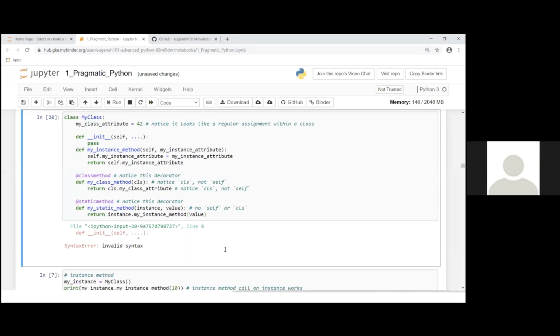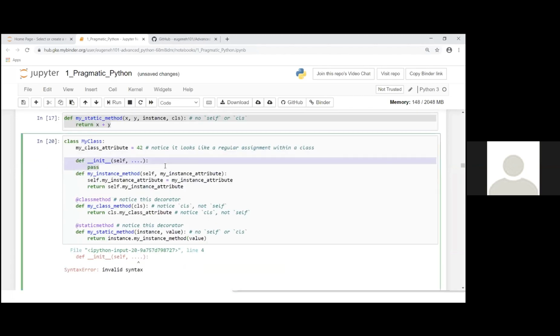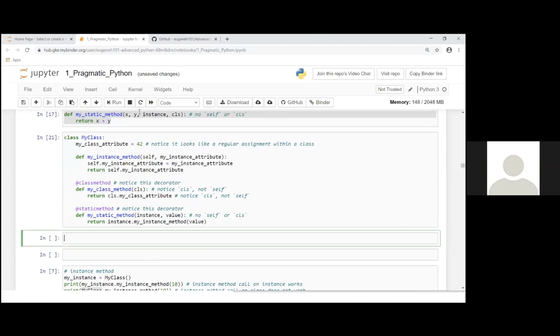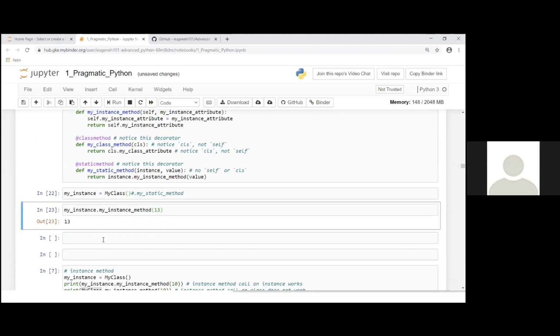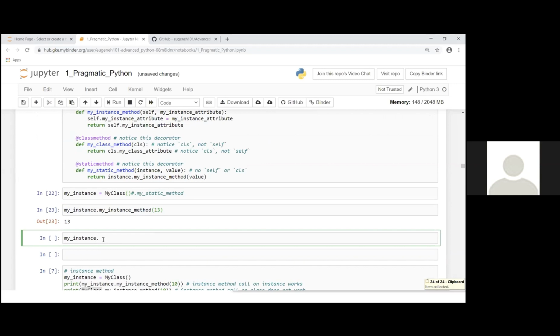Like if you want to inject it back into it, that's actually possible. So now if I create an instance of this class and then call this, let me just call it directly from the class itself. I need an instance of this class first. So I'm going to say instance. And my instance has, let's say I'm going to set this instance value to 13. So it's currently 13, right?